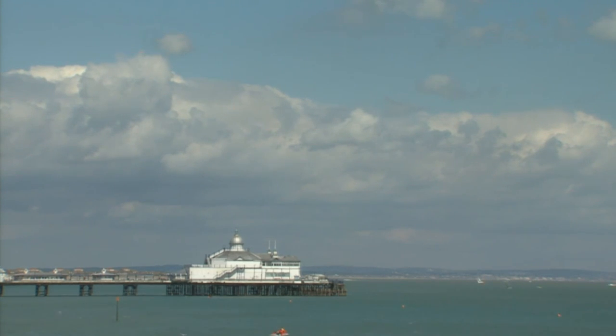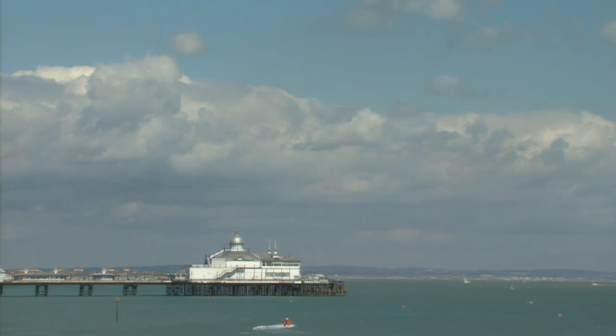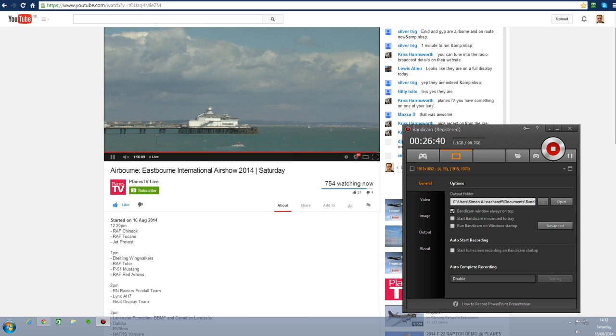At 3 o'clock, the Battle of Britain Memorial flight, again always worth being on the seafront for, because of course featuring uniquely for the first air show in a very, very long time, a pair of Lancasters joined with the Canadian